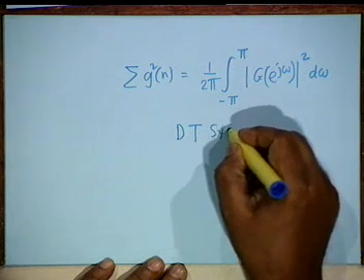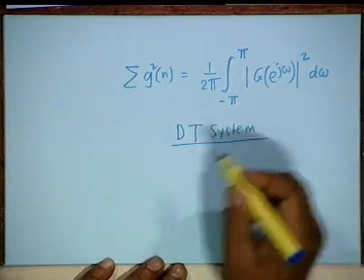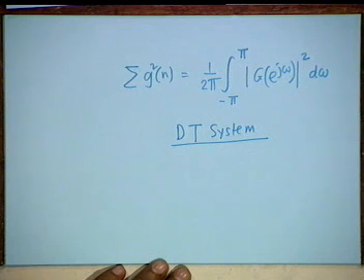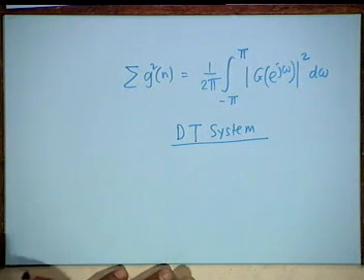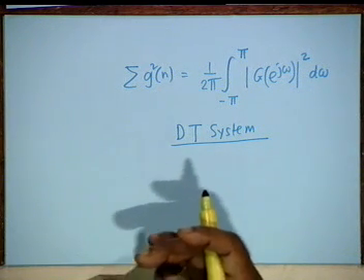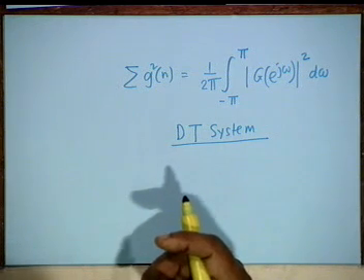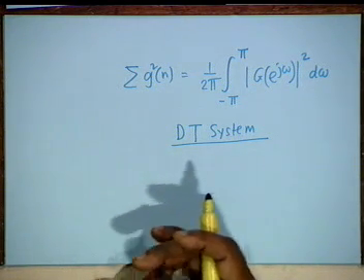Now we go to systems. We have so far talked about signals. How do they interact now with systems? That is, we take a discrete time system and see how it can be characterized in the transform domain. We have learnt about the Fourier transform, DFT and Z transform of signals. How do they help in characterizing discrete time systems?